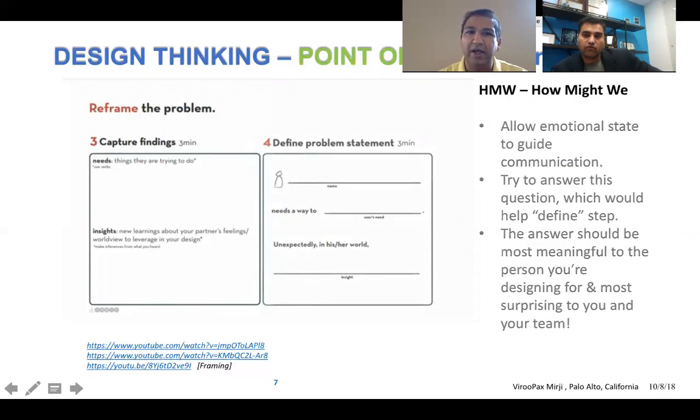So the main thing is, when you know what the problem is, it's very easy to solve it, right? But many times you have to ask yourself, do you really know the true problem? Can you reframe the problem, put it in the view of the user and how they're thinking about the problem? So you have to capture certain findings, and these are some tools and templates we have given you. You'll look at that at the end of this deck as well.